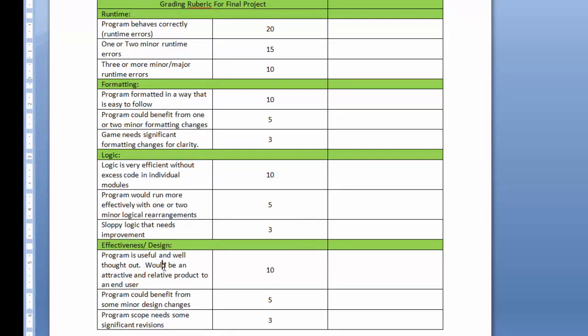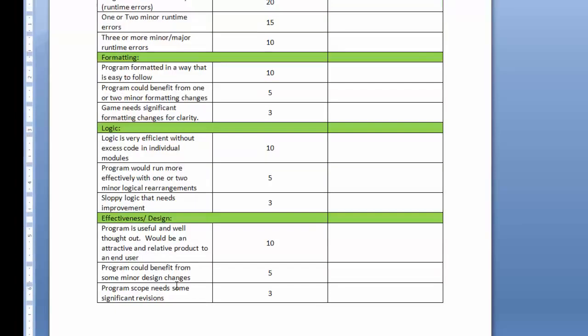And then effectiveness and design. This is going to be the user interface. If you're going to write this in console, like all of our programs this semester, then how clean and neat does it look? I will